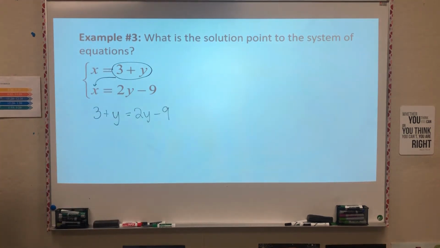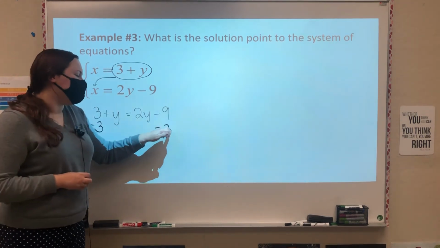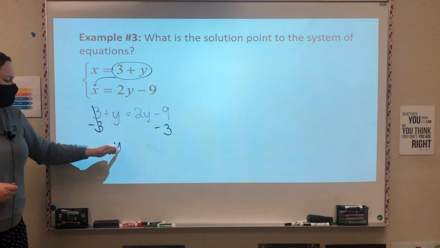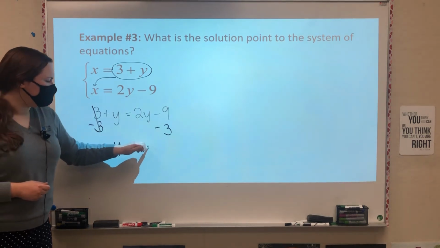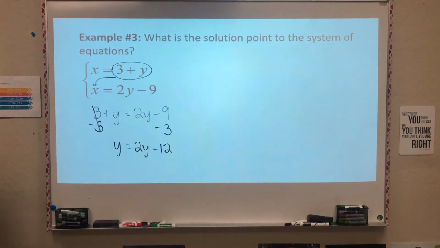I guess get y by itself. So you could do -3 on both sides. Same thing, -3 minus 3. It would be y equals 2y minus 12. And then from there,